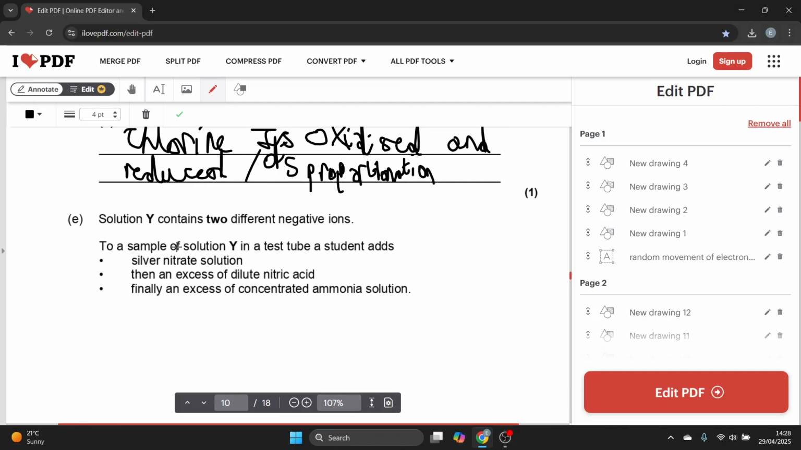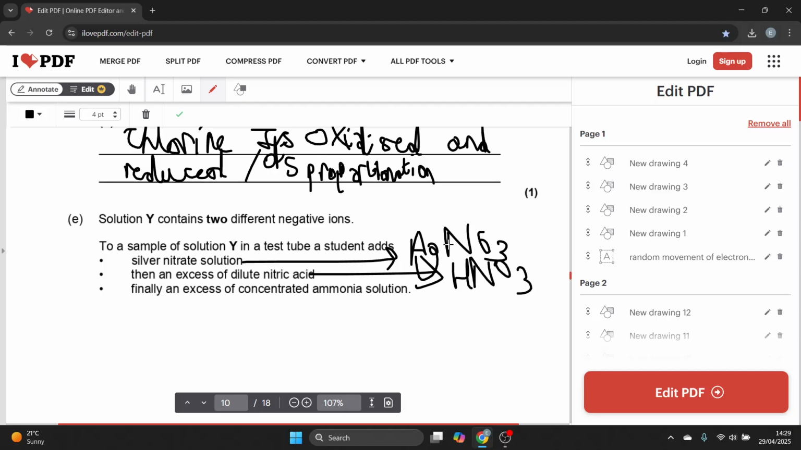So it says solution Y contains two different negative ions. Negative ions meaning anions. To a sample of solution Y in a test tube, a student adds silver nitrate solution. What is the formula of that? AgNO3, silver nitrate solution. Then an excess of dilute nitric acid, HNO3. That's obviously to remove carbonate ions which might interfere with the test,